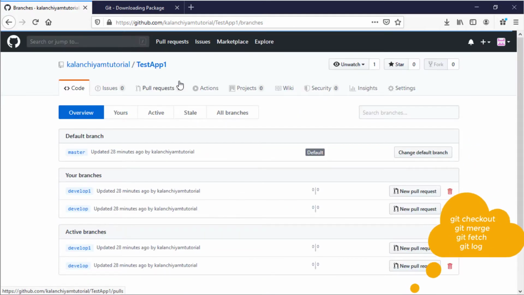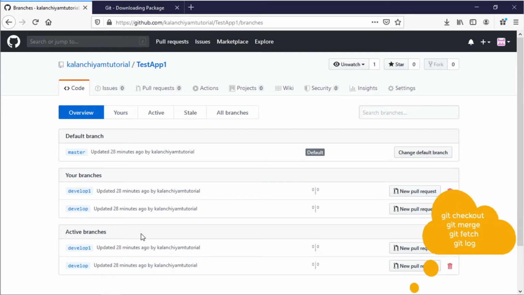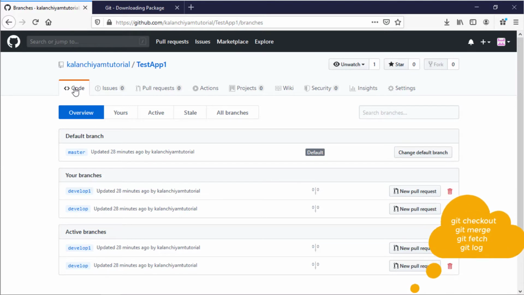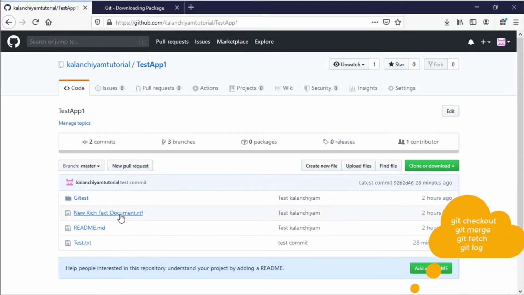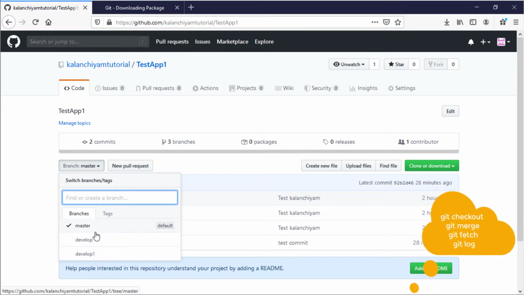Click on the branches, and you can see when each was added and everything from the history of the logs. Click on code and go to the master branch, and you can see three branches available in your repository.